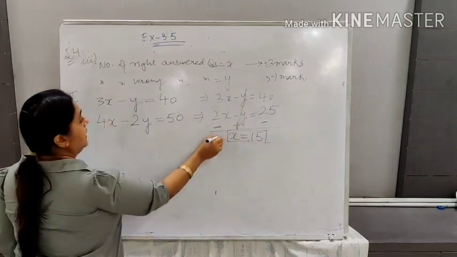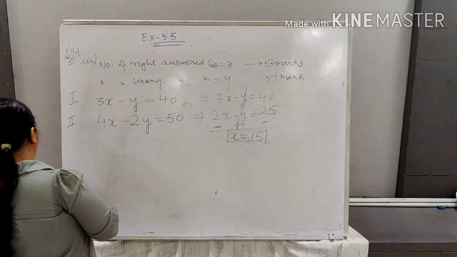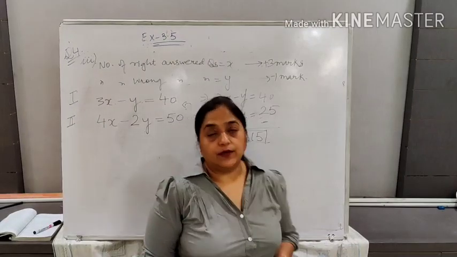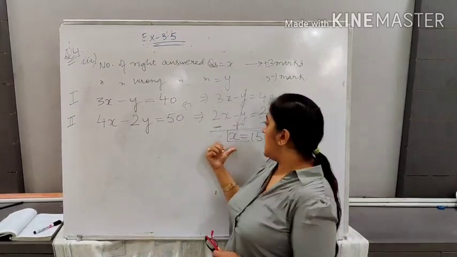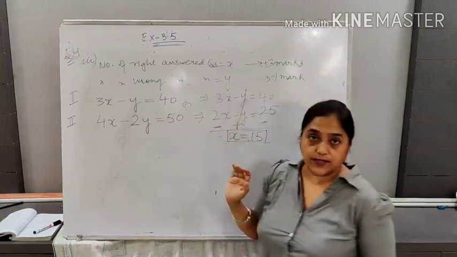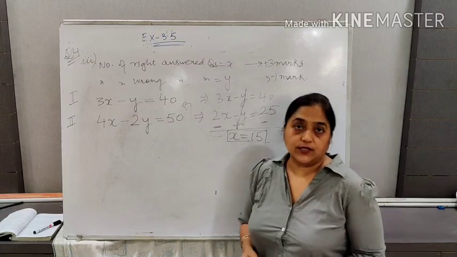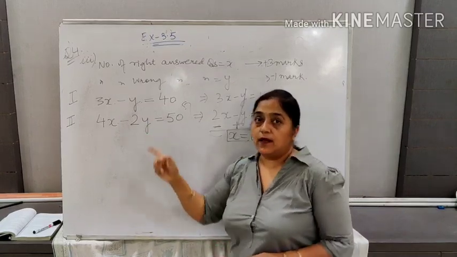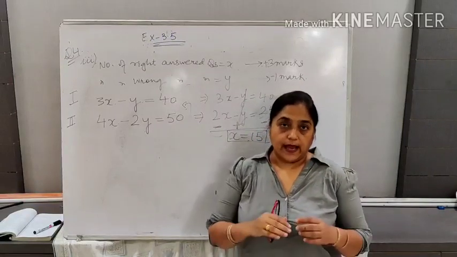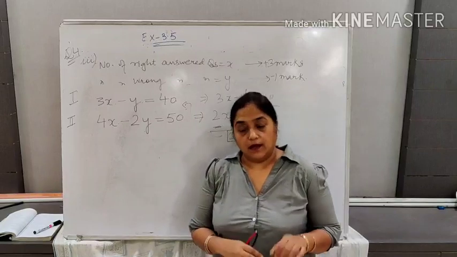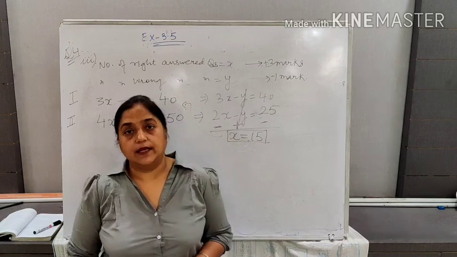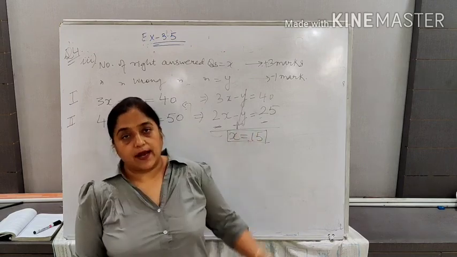If x is 15, then put up the value of x in any of the equations, you will get the right answer. Got it? So again the same thing happens, you do not have to give the answer in x and y, you have to tell how many right questions he has attempted and how many wrong questions he has attempted. Why did we put minus? Because for wrong it was -1, so he has lost some marks. We cannot add. Right answer minus wrong answer. You have also taken papers with negative marking, so you know that it gets subtracted.